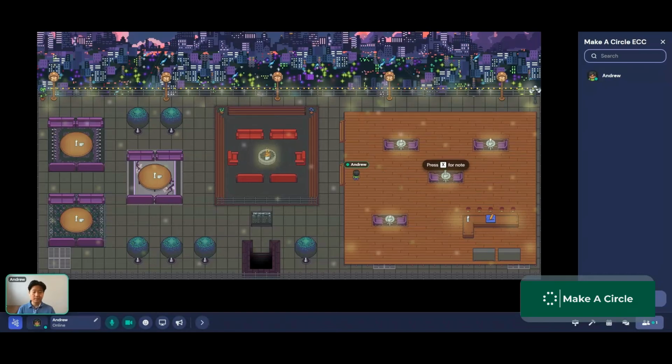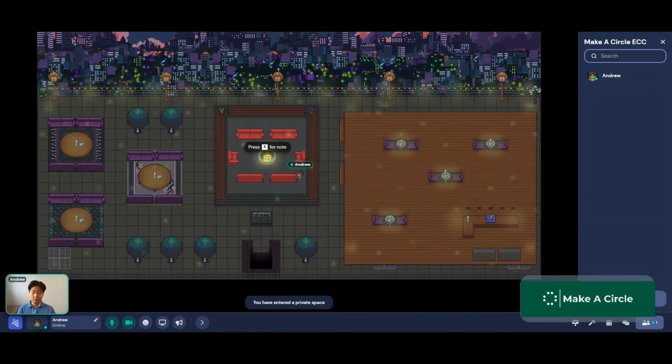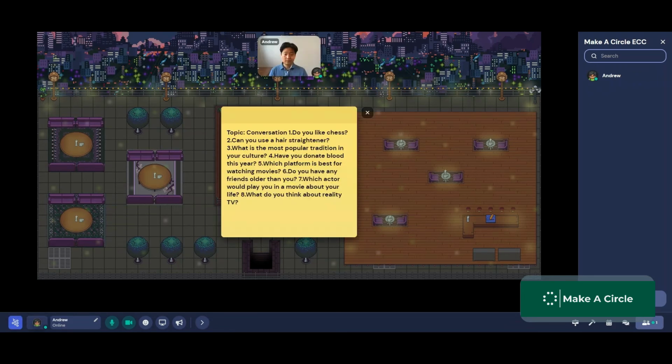All right, the left side of the rooftop is for group chat. So the right side is one-on-one. The left side is if you want to chat with more than just one person. It's going to be a group of 3 people, 4 people, whoever. The number of people doesn't matter. You can just choose different areas to join or different topics. There's also a note here. You can press X to access the topics and the questions.